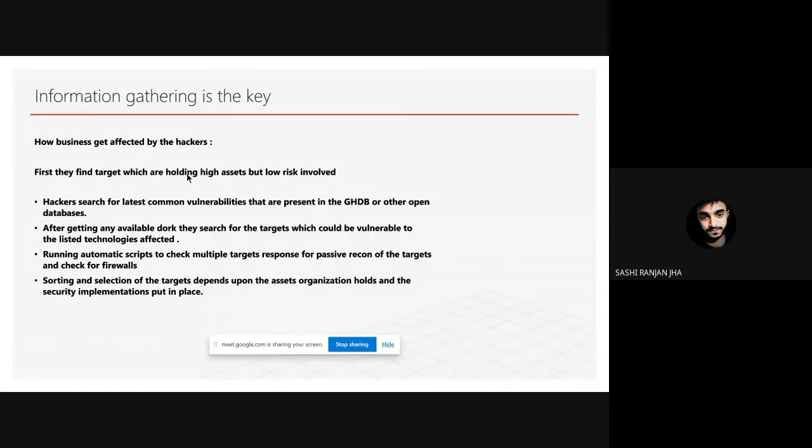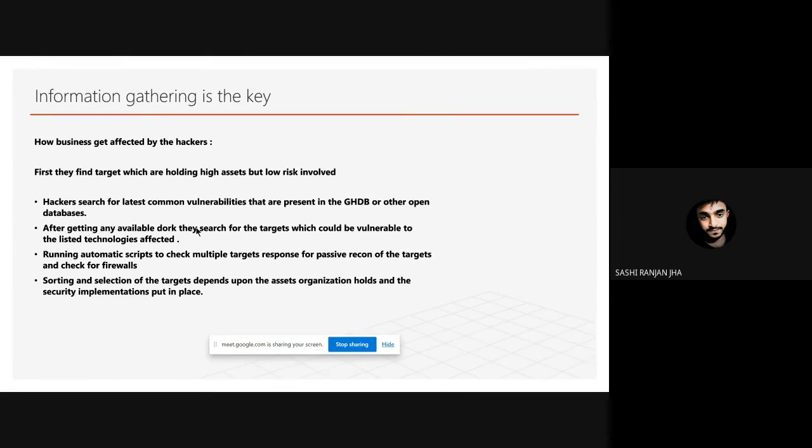So they select targets based on high assets but low risk, and then hackers search for the latest common vulnerabilities that are present in the Google Hacking Database or other open databases. There are different hacking databases maintained by the hacker community or security community in order to check the latest common vulnerabilities right now in the market.